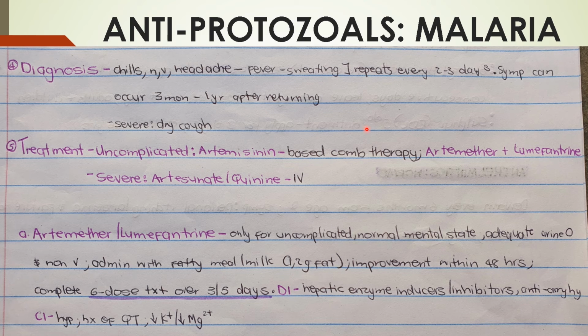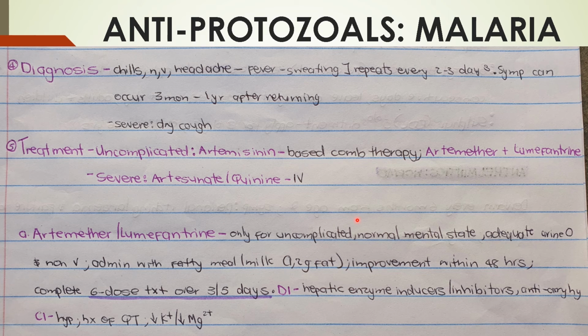And then E would be treatment. I don't know why it's E and it's T, but anyway, so if it's uncomplicated malaria, you'd be given artemisinin. This is a combination therapy, combination of artemether and lumefantrine. And then if it's severe malaria, you'd be given artesunate and quinine, and this is given IV. So the combination artemether and lumefantrine is only for uncomplicated